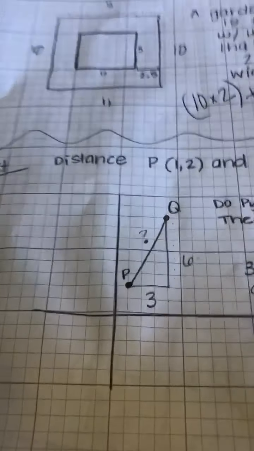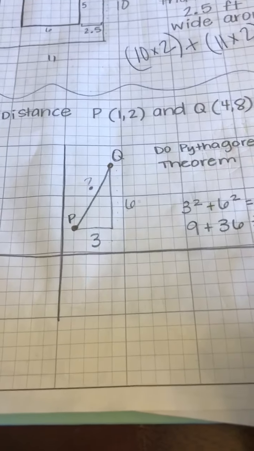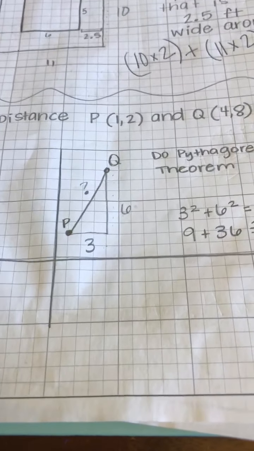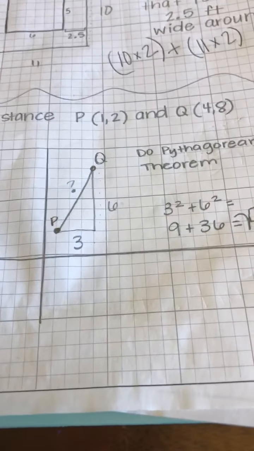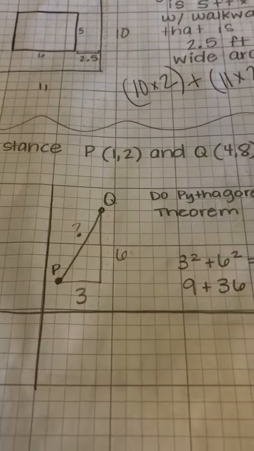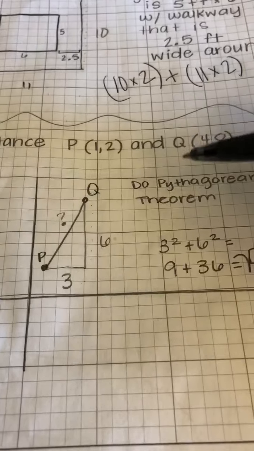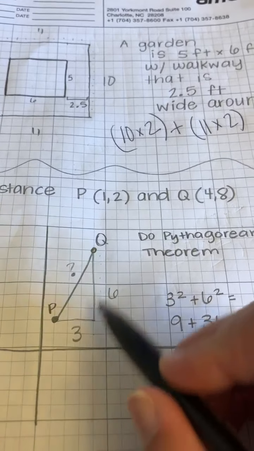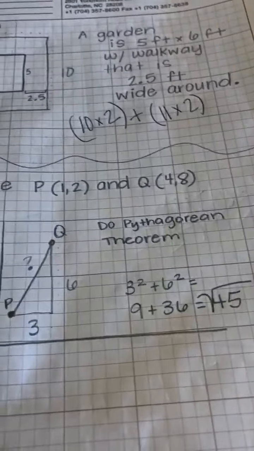All right, distance. So distance, yes, there is a formula, and you can find that in your packet. You can find that in your notes. You can definitely Google it. But the new cool thing, one of the only things I like about Common Core, is using the Pythagorean theorem. So I plotted the points 1, 2, and then 4, 8. And then it asked me to find